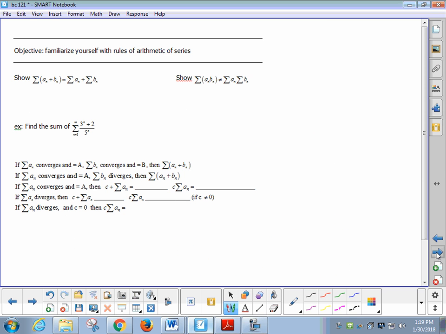Okay, the next, is this the next thing on the notes? Okay. All right. Just like any new operation you learn, when you did exponents in Algebra 1, you learned exponent rules for combining. When you did integrals, you talked about, hey, is this okay? And the answer is yes. But is this okay? And the answer is no. Okay, so each new operation carries with it some rules. Same with series.